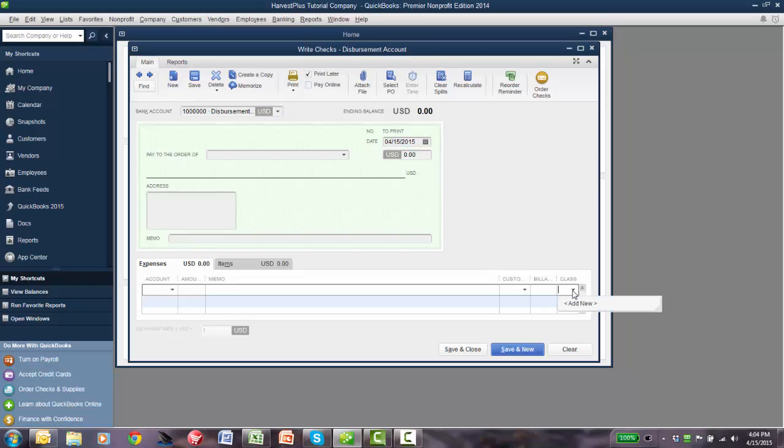Now, we haven't set up any classes for India, but my suggestion is that you use the class feature in QuickBooks to keep track of the various expenditures by the type of crop, by the specific crop that you are expending or having disbursements on, having recording expenses on. You will already have this identified, but